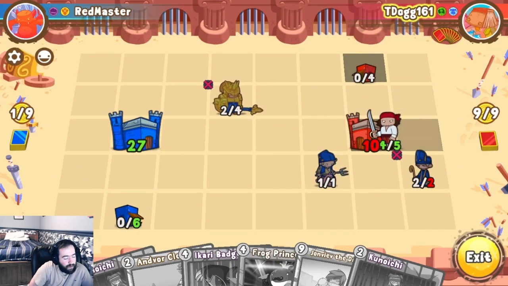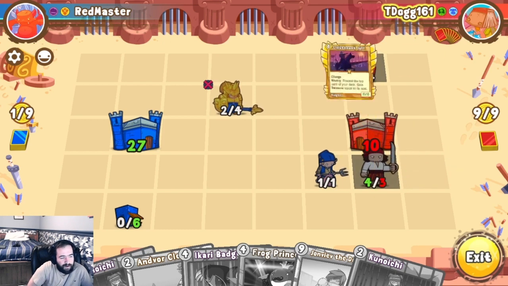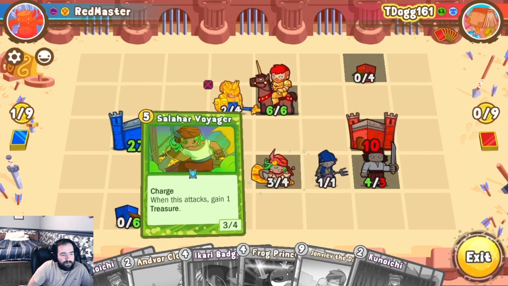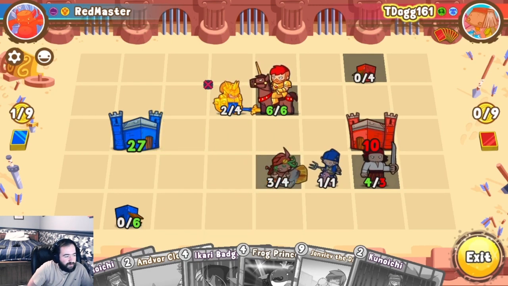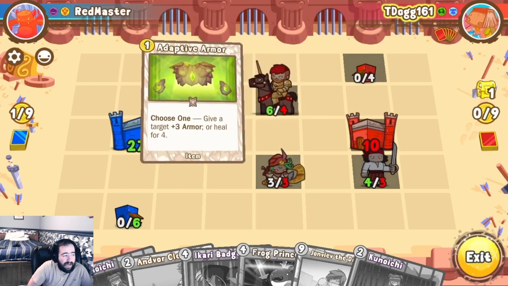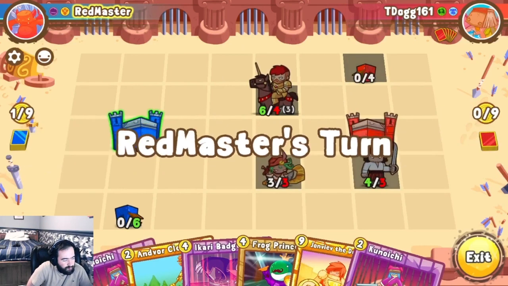Peasant, of course. Oh, not Peasant. Excuse me. Salahar Soldier coming in now, dealing with my Angel of War, the Privateer popping into the Priest. He throws out a Joff of his own, which now only nabs him 2 treasure. That doesn't matter enough to throw out the Voyager, which cleans up my Peasant very easily. He drops into my Dragon Knight, and now I'm going to have the back foot. Even adaptive armors for good measure to protect his Joff, which...